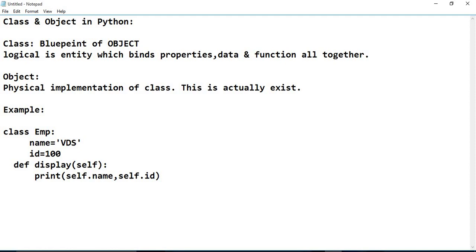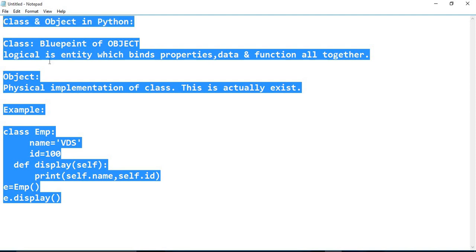And after that we'll create the object of this class. So E equals to EMP. This is the object created, and with the help of object reference E, we can access members of the class. Okay. So like E dot display, and simply we execute this one.